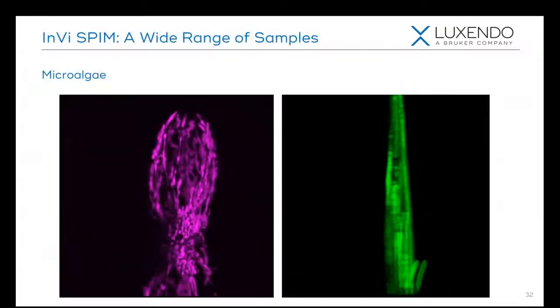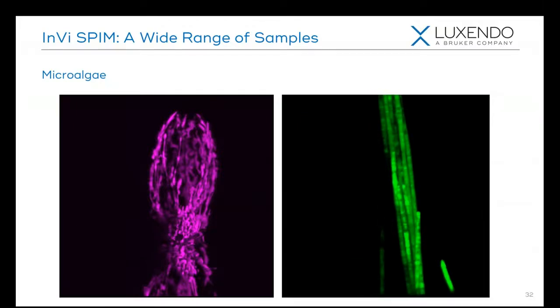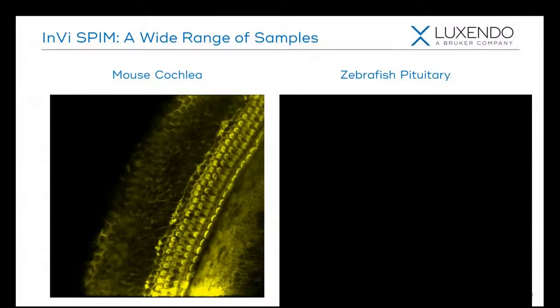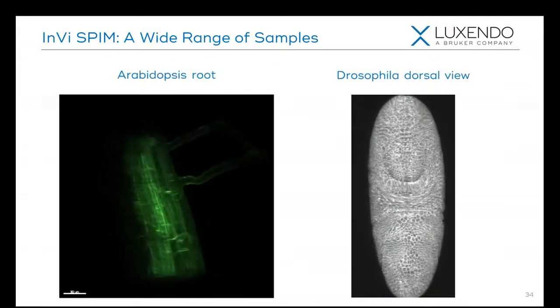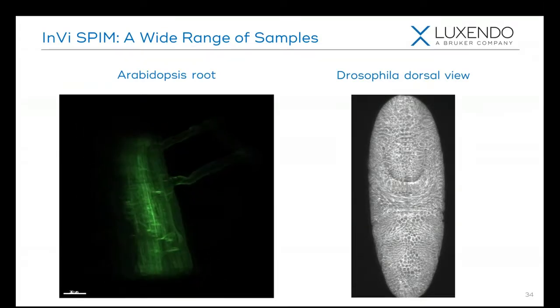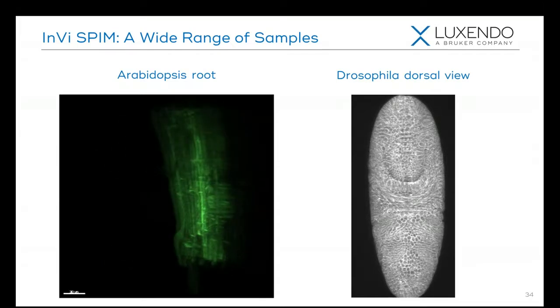To give you an idea of some of the other samples that we can image with the InVi SPIM, we can accommodate a very wide range of samples. So here I'm showing you some microalgae on the smaller end of the spectrum. We've got a section of mouse cochlea and a zebrafish pituitary gland. So both of those can be easily inserted into the chamber. An Arabidopsis root and a zebrafish embryo, just the dorsal view of this. And last but not least is one of my favorite experiments,